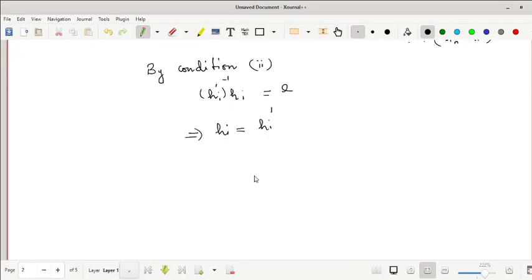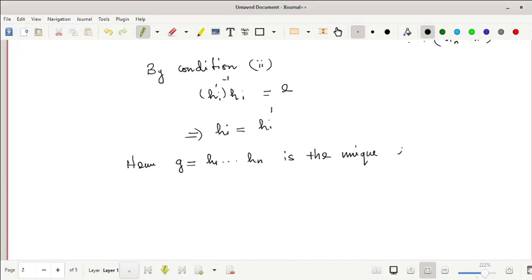So this is true for every i, hence G equal to h1, h2, hn is the unique expression